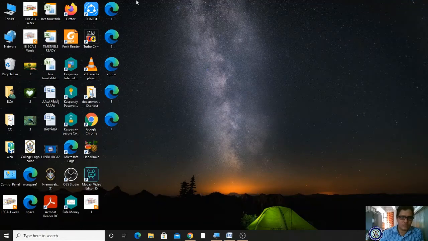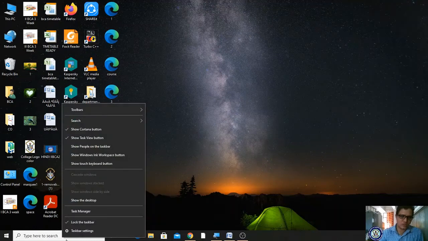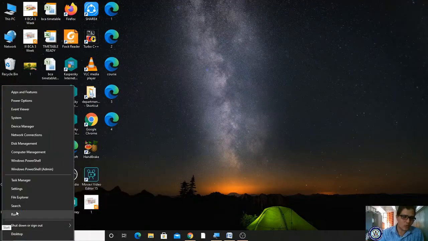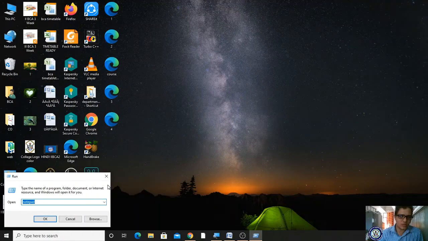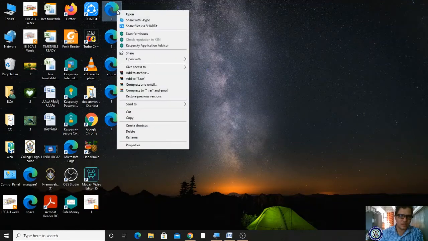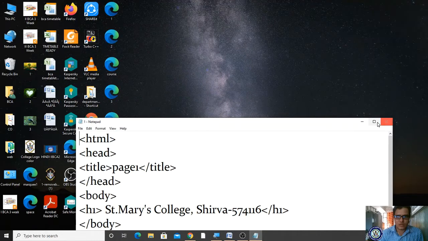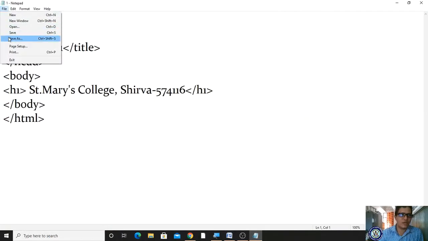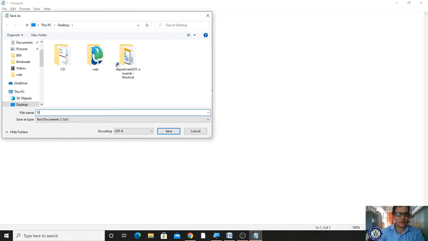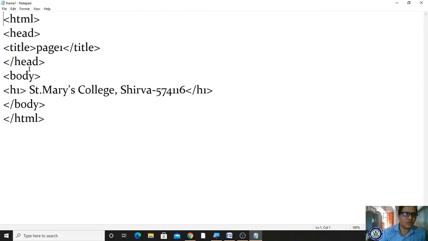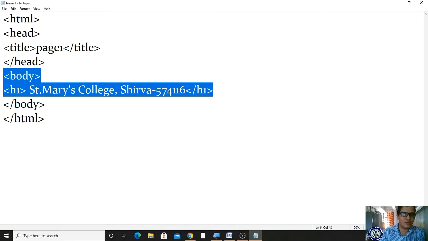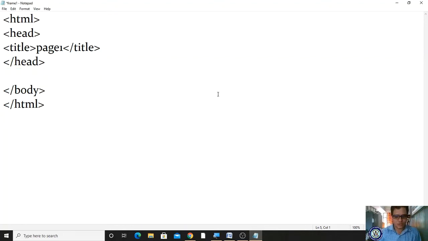Now let me do frameset and colset. For doing this, in the frameset we don't have a body part, right? Let me open it with notepad. I'm modifying the file, save as frame1. So here the body doesn't exist, and I'm removing this. Okay, the head only consists of header tags.